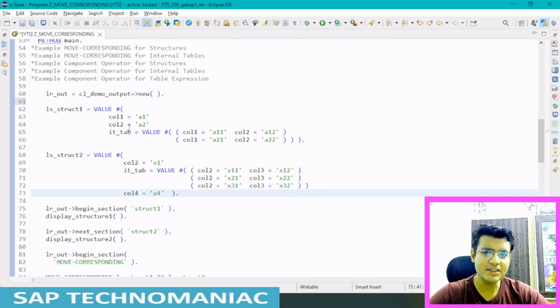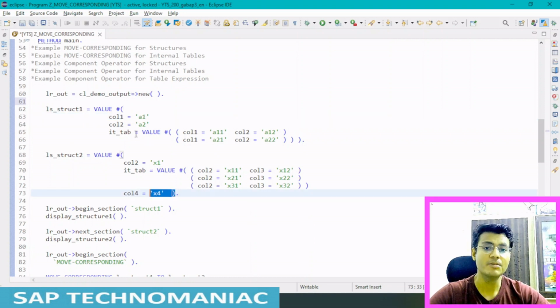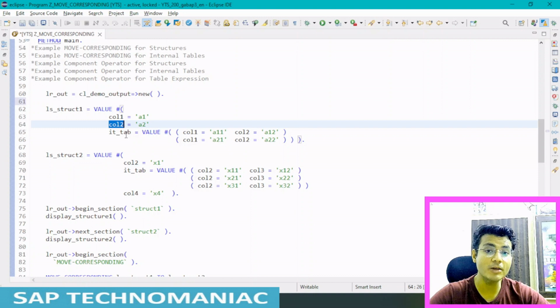So you can see what is common in structure 1 and structure 2. Only column 2 has a common name, and IT tab also has a common name, but column 1 is available in structure 1 but not in structure 2, and column 4 is available in structure 2 but not in structure 1. But we have common column 2 and IT tab in both structures.